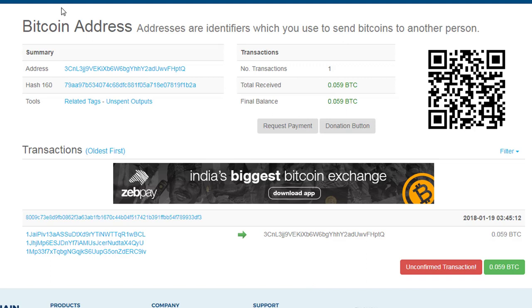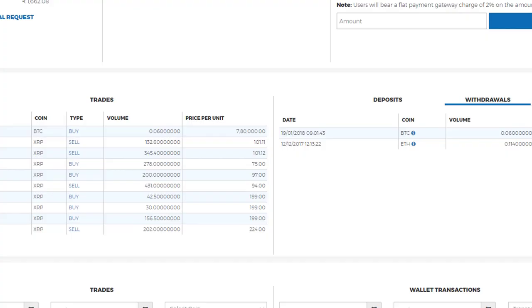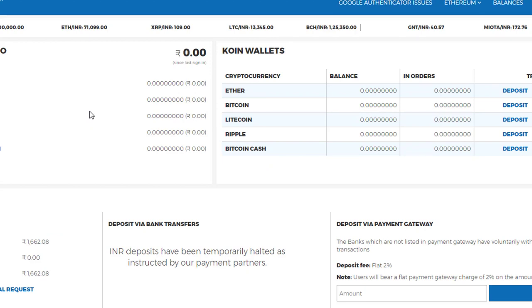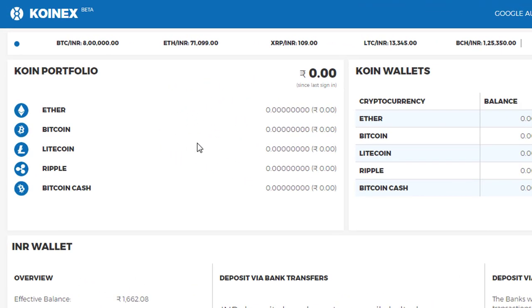Okay, so these are the two methods which you can use to check your withdrawal. Once this withdrawal completes, I will update that in the comment section and let you know that the transaction has completed. But what I believe is Koinex is a big exchange,